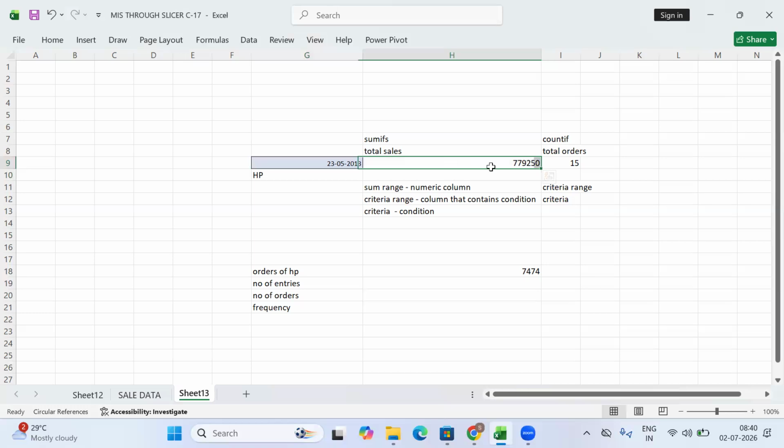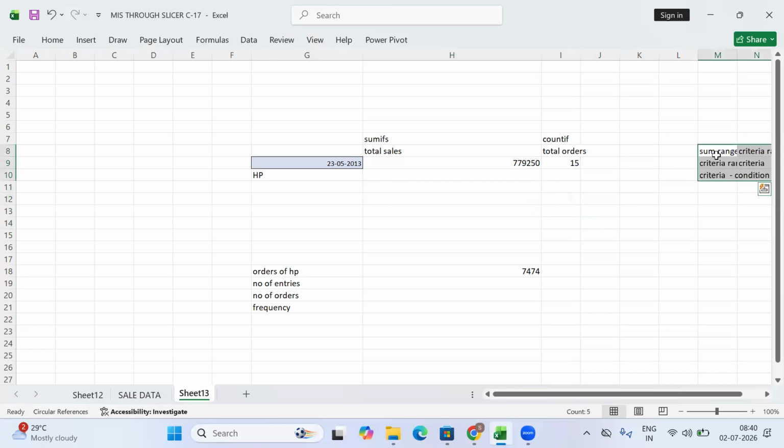You mentioned orders, na? 15, right? Yes. Plus which brands? Can I use these three criteria in one formula? Yes, we can extend the criteria. That I understand. So for which brands, just take an example. I can do in this method. You are saying, over this 23rd of May we are getting this much sales, correct? But this is the total sales over this particular date. So I need to have for different brands.